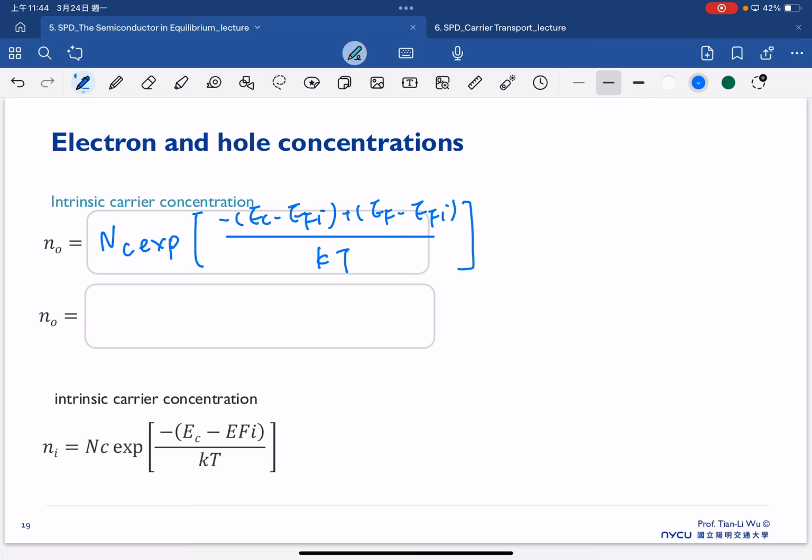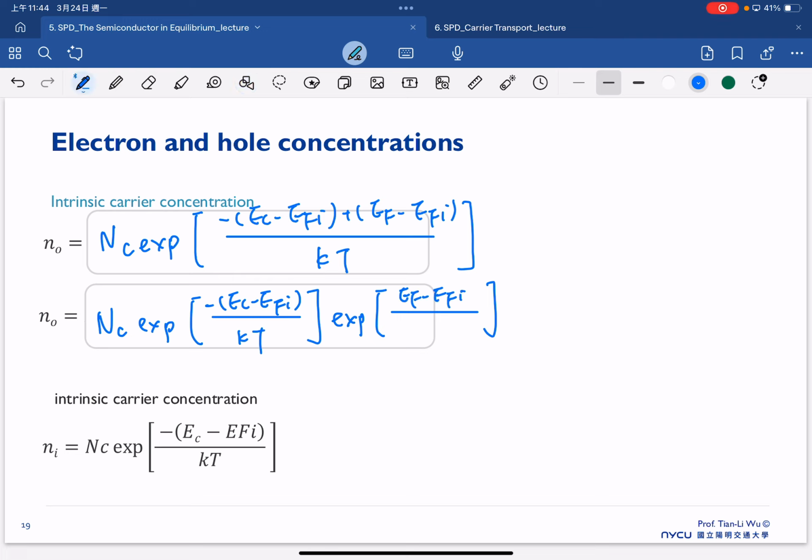With this equation, we can further derive it as minus EC minus EFI over KT times exponential EF minus EFI over KT, and then we can consider this one